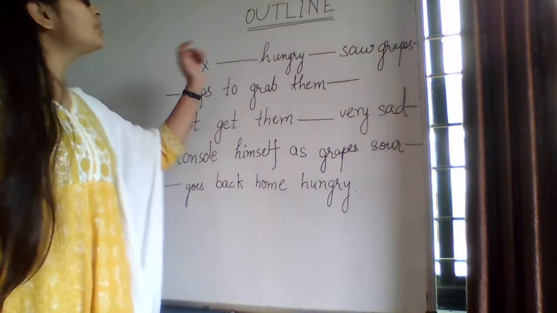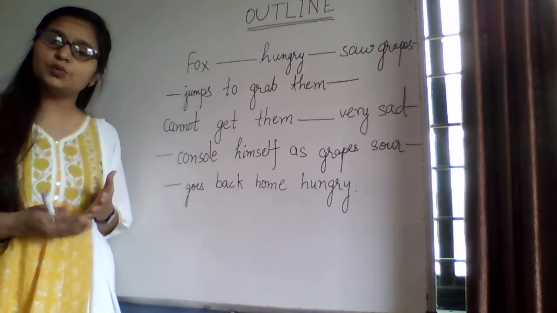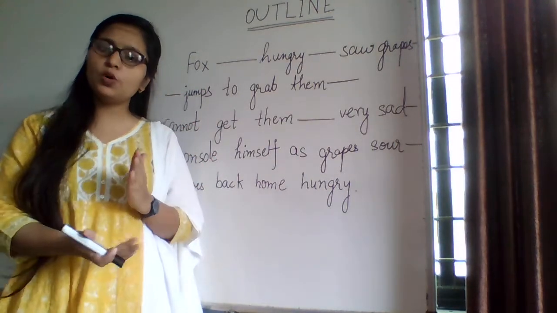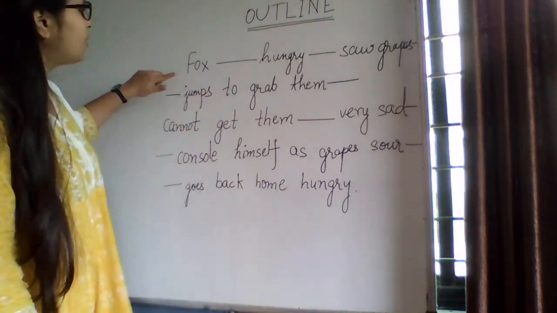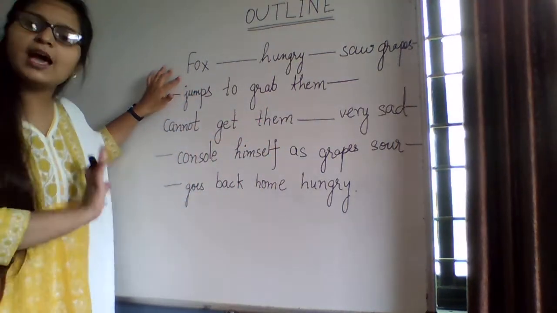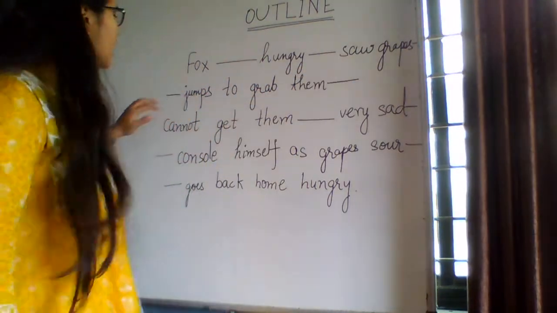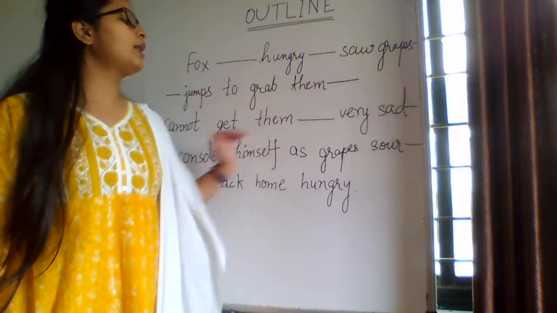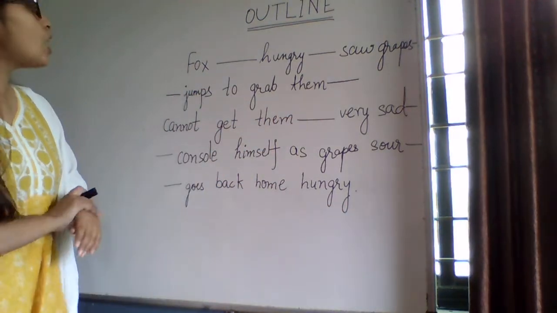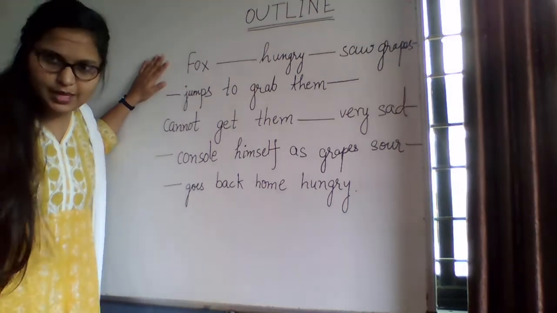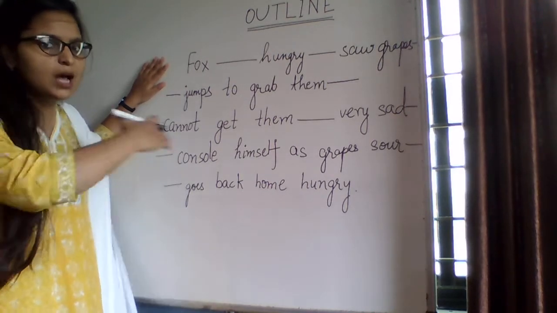So this is the outline of a story. That means we have been given the story in parts. That means story को parts में इन्होंने हमें दे दिया है, like in a sequence. This is the first thing which is the character. Then this happens. After that this happens, and after that this and this, and this is how it goes, sequentially. All right. So now let us begin with the story writing. How we are going to write sentences on the basis of the outlines.